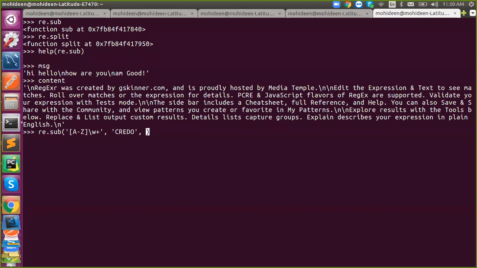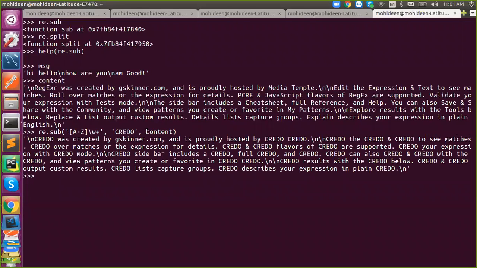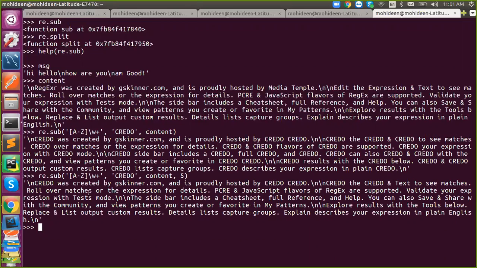And the next thing, my string. Where do you want to apply it? So this is your condition. Content, yes, that is the exact string. And count is up to you. See, it is replaced in all of your occurrences. If you want to apply count, just say 5. Only 5 times it was replaced. 1, 2, 3, 4, 5 times. So this is the exact replica of replace.